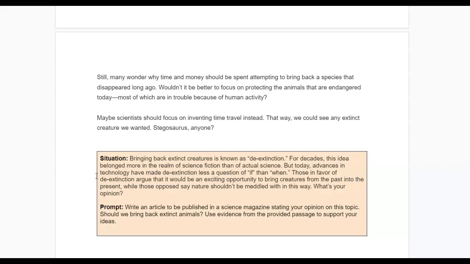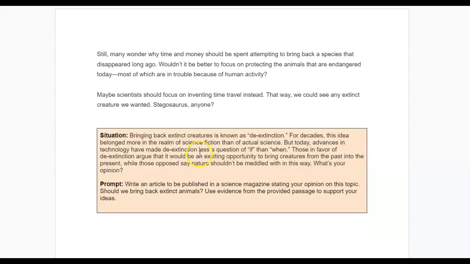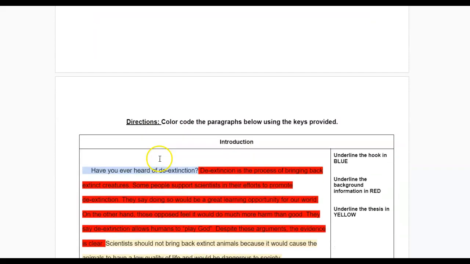So what we're going to do is go through each of these paragraphs and we are going to color code them. So on the right hand side of that second page, there's a column that has some different colors mentioned. We'll look at that in just a second. And then the left hand side is where the paragraph is written. We're going to use those colors to underline different information in the text. So make sure you have your coloring supplies ready to go before we move on.